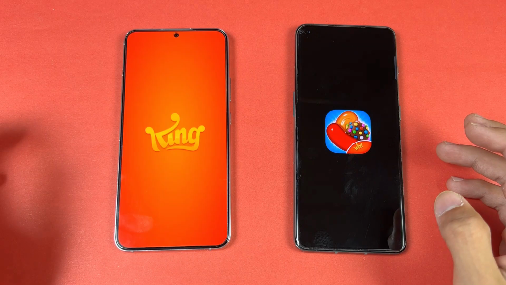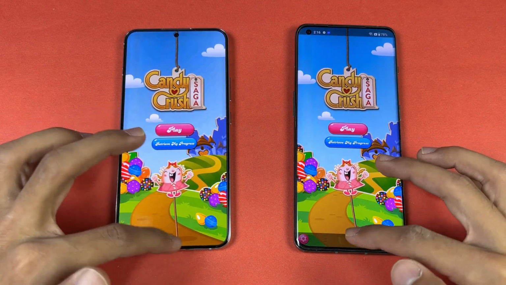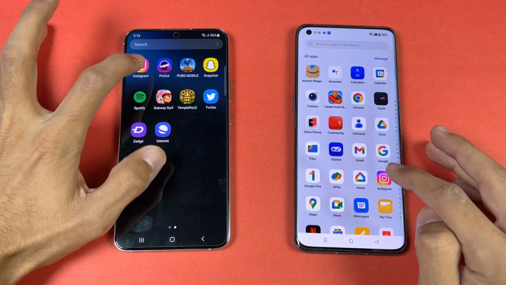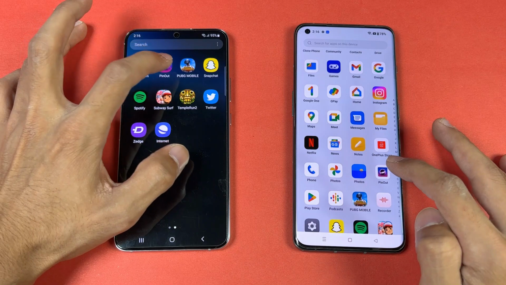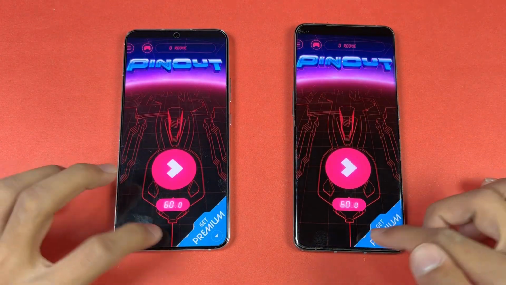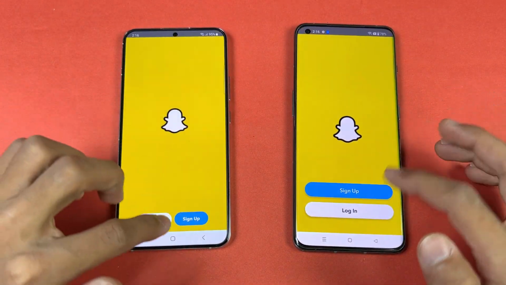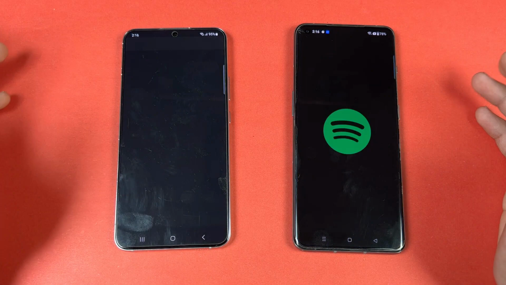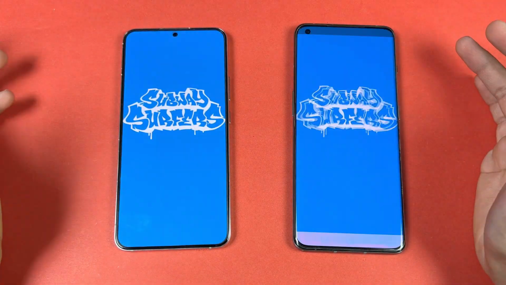Now let's start off with Candy Crush Saga, very similar performance. And now let's see Instagram, slightly faster on the Samsung. And now let's see Pinout, very similar. And now let's open Snapchat, a little faster on the Samsung. And now let's see Spotify, a little faster on the OnePlus. Subway Surfer,